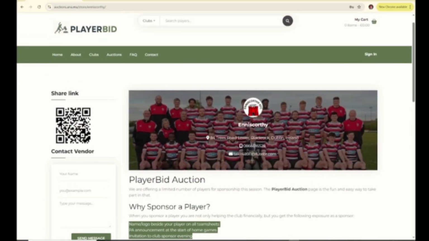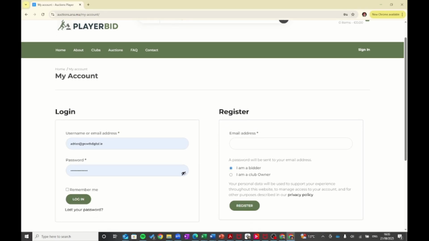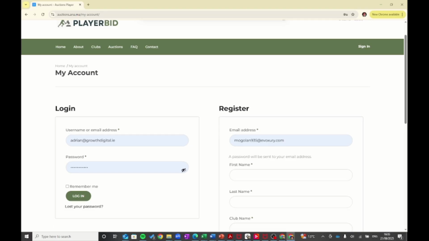So if you go to sign in on the top right of the main menu, this will take you through to this page here where you want to register. You just pop in an email address there. You have a choice to register as a bidder or as a club owner. Here we want to register as a club owner, so I click on that button and I pop in my name,